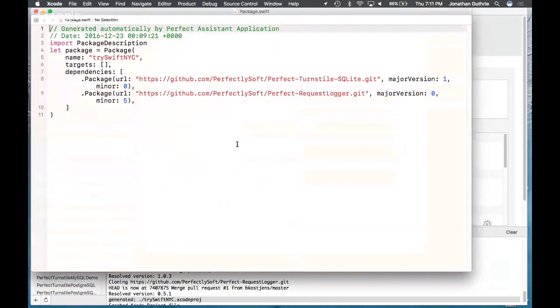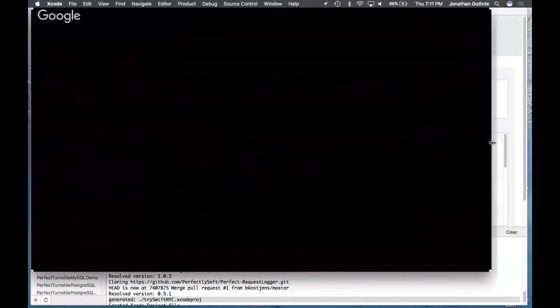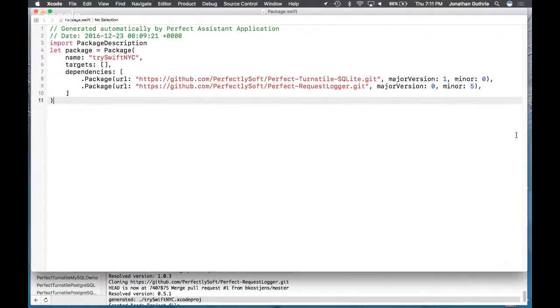Presentation. Here we go. So what this is showing us is the configuration file for the project. We have the package description, name, Try Swift NYC, and a couple of dependencies.